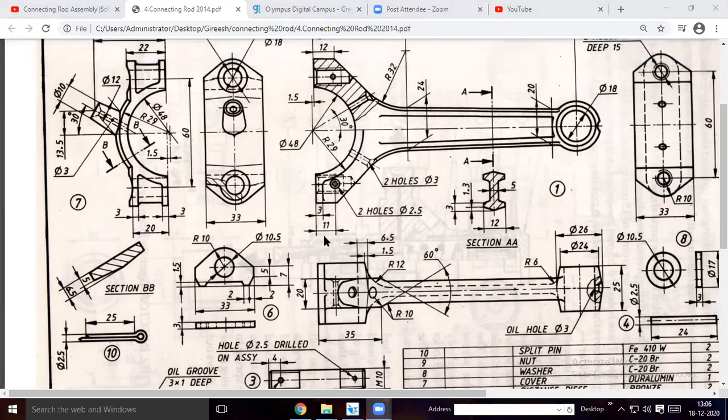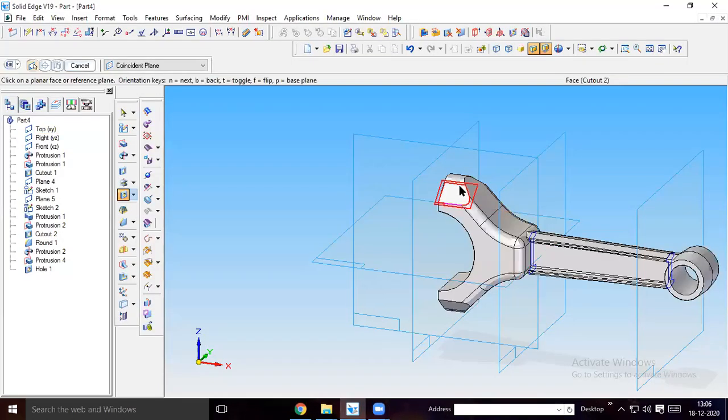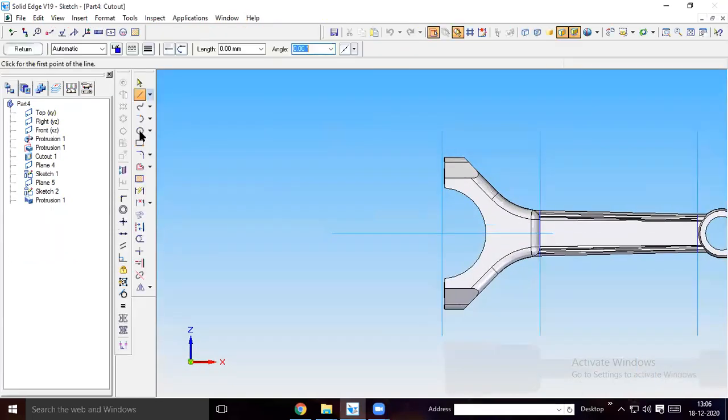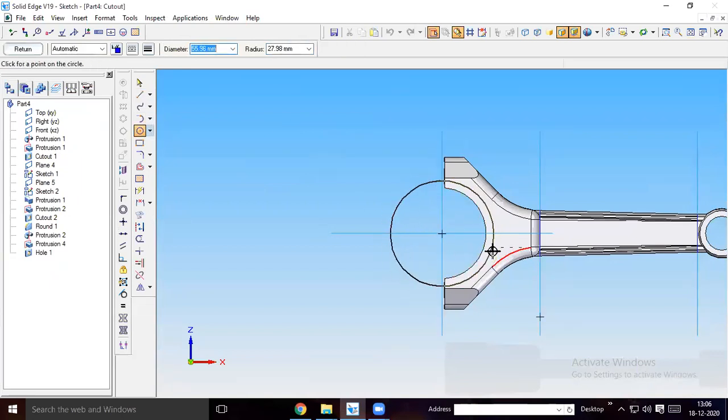Okay, so you have to do this cutout of 29 mm, for a distance of 3 mm offset at the edge. What I will do, select this, select the cutout, select this, now select the circle from here. It is 29 radius, which means it is 58 diameter.